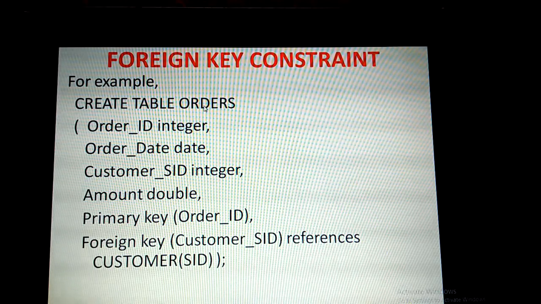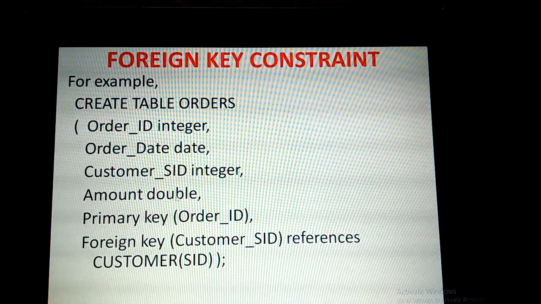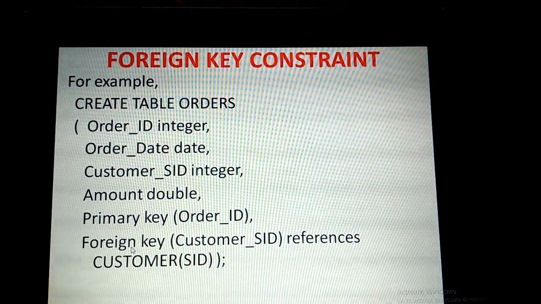Create table orders, order ID integer, order date. These are the column names. Integer, date and so on, that is the data type. Then customer underscore SID integer, this is the data type, and then amount double, a floating point value. So amount can be a floating point value only. Then primary key, we are setting this order ID as a primary key field. Then the foreign key also we are assigning, that is foreign key customer underscore SID references customer of SID,